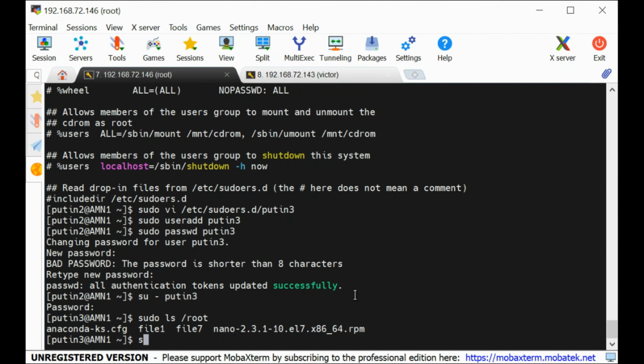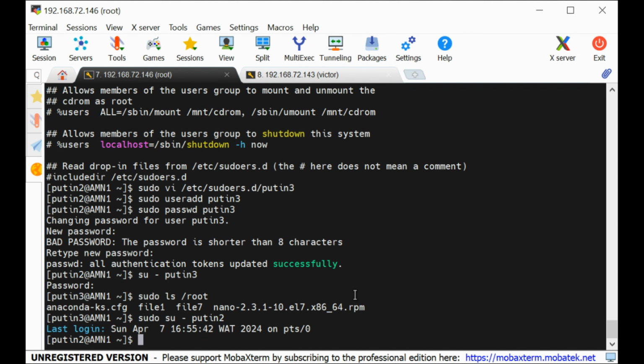So we can then, if you want to switch user as the sudo user, I can just say sudo su to Putin2, or I can do a full switch and say sudo su - Putin2. You can see that I'm able to enter Putin2 straight away because I'm the sudo user and